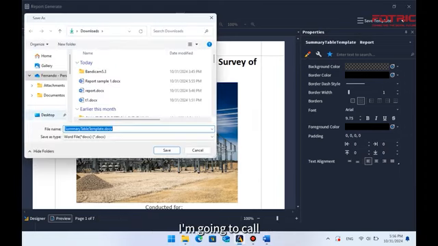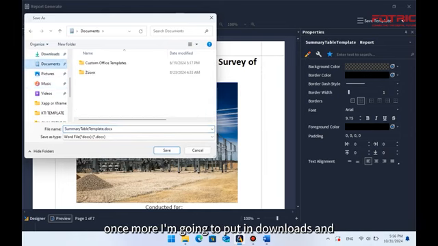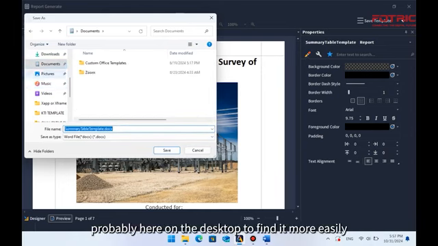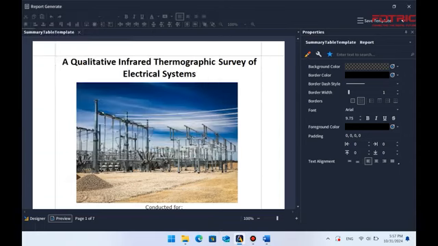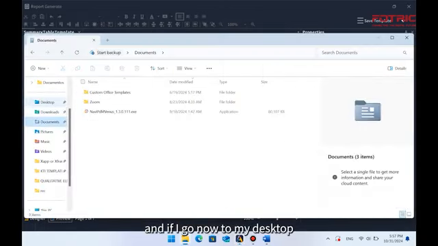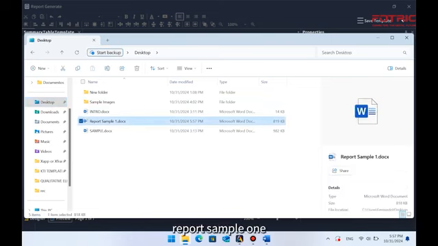I'm gonna put it in downloads and probably on the desktop to find it more easily. So this is my report sample 1, save it, and if I go now to my desktop, report sample 1,